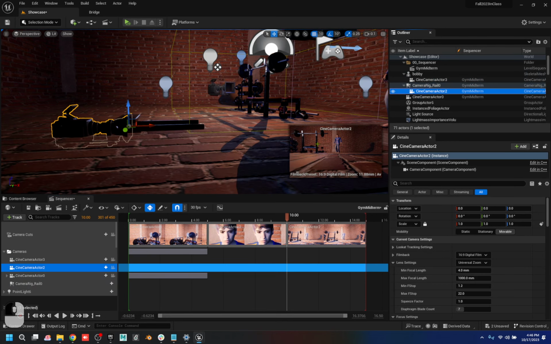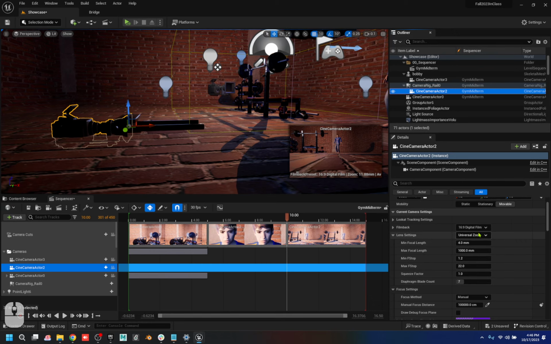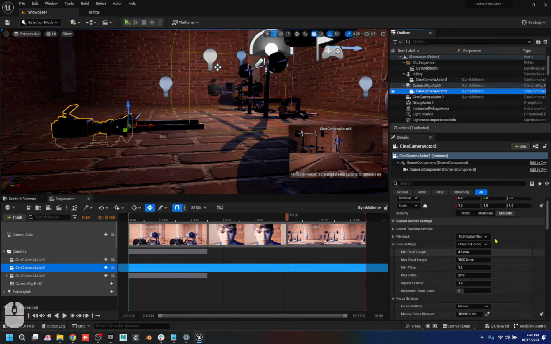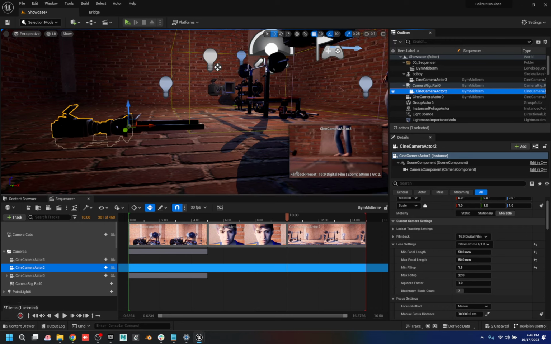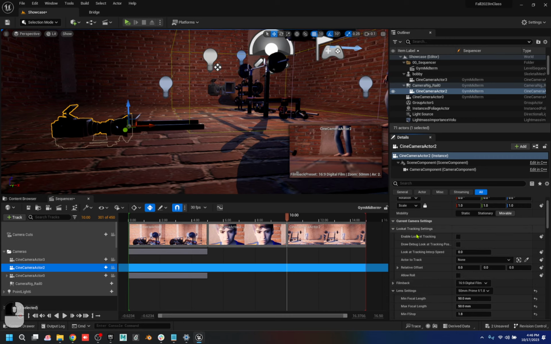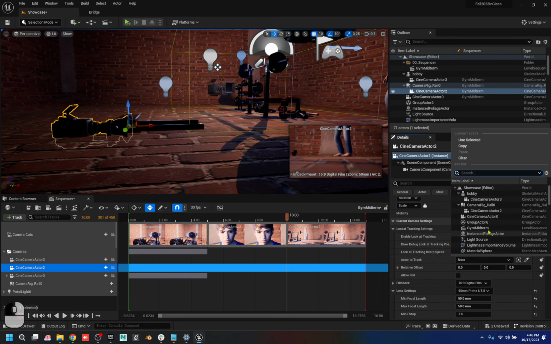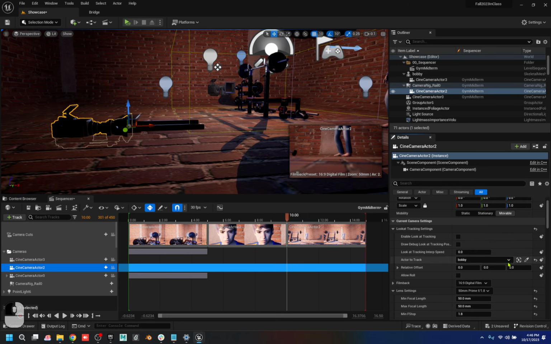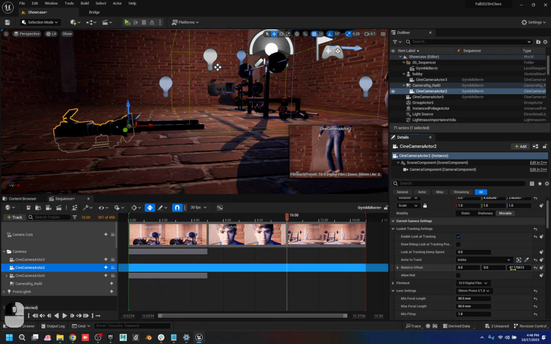I have the Cine camera. Let's choose a different lens. Let's go for 50 millimeters, which is what the human eye sees. Let's just stick with that. All right. And we want to make it look at behavior. So we're going to say look at Bobby. Cool. Sorry, to enable look at Bobby. And I want to be offset slightly so we're looking at his head